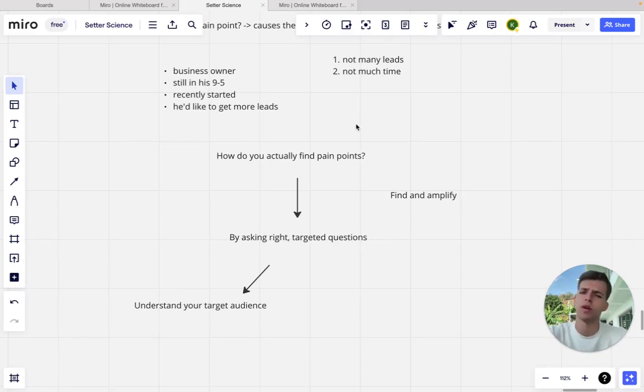If I know someone who's working a 9 to 5 and he hates his boss, he wants to change, I would ask him, oh, how are you currently finding that job? Then that person is going to tell me his real thoughts about his job, and even if he doesn't, I have to keep digging a little bit more by asking these right targeted questions. For example, I can continue with something like, oh, I get you, bro, how long have you been doing it for? Or even a little deeper question like, what are your plans for the future?